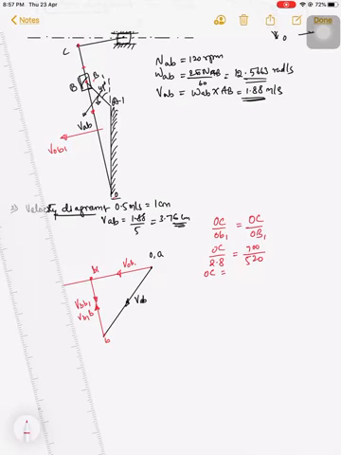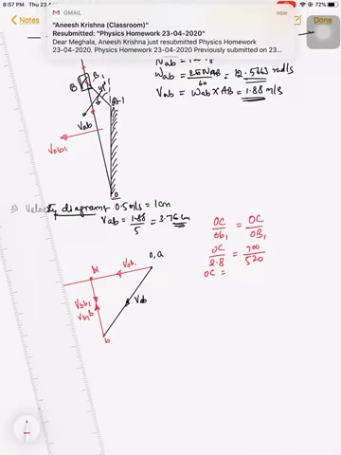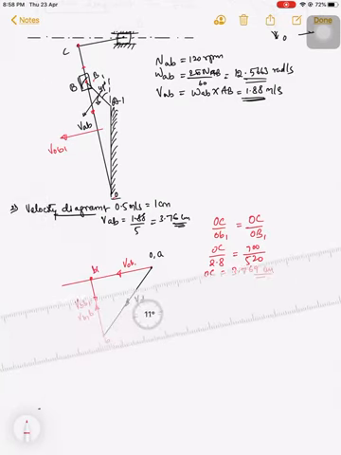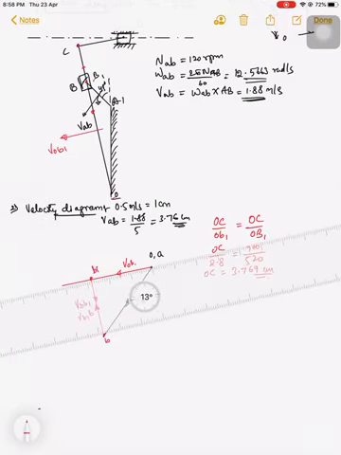So 700 divided by 520 into 2.8. So the value of OC is 3.769 centimeters. 3.769 centimeters. So here on this line we have already measured